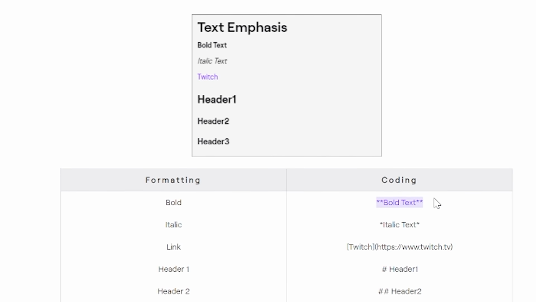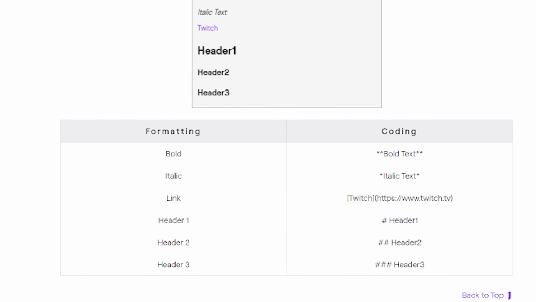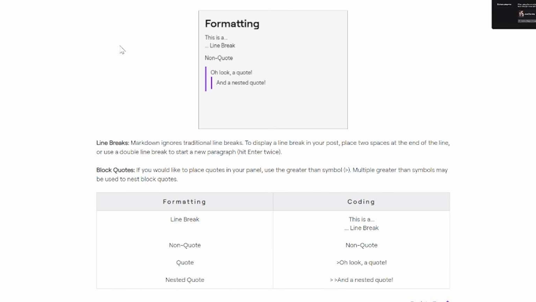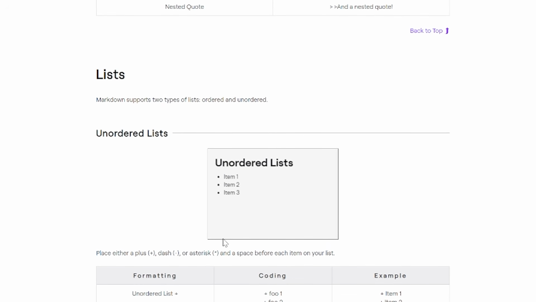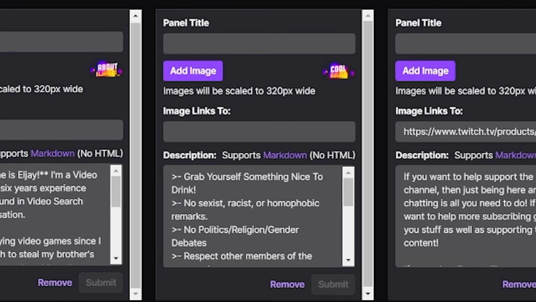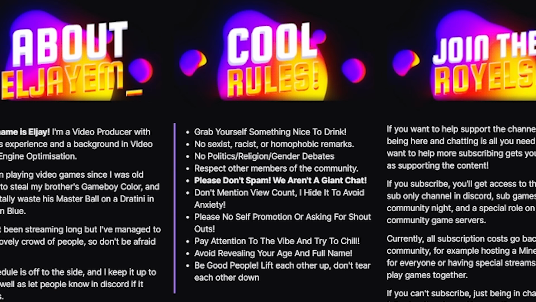Now, there are other things here as well, but I want to keep going. Let's check out the formatting rules. So if you were to add an arrow pointing to the right, it adds the purple line and pushes the text to the side. Further down the page, we have lists. Now, if I use the arrow to add the purple line, and then I use a dash to add a dot point in my lists, it comes out looking like this.